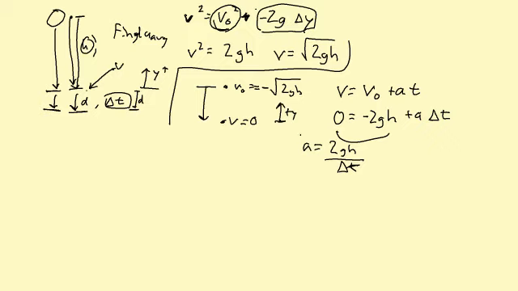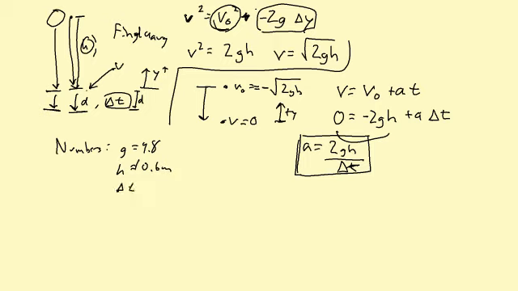is its acceleration. The question then, of course, is, because this is, again, a silly little WebAssign thing, I'll tell you what, let me plug my numbers in. So for my numbers, of course I have g equals 9.8, we all know that. I have h equals 10.6 meters. I have delta t equals 19.5 milliseconds, so I'm going to say 19.5 times 10 to the minus 3 seconds. And if I plug all these in, then I should get,